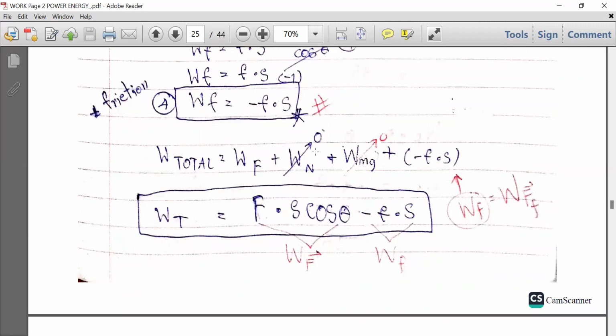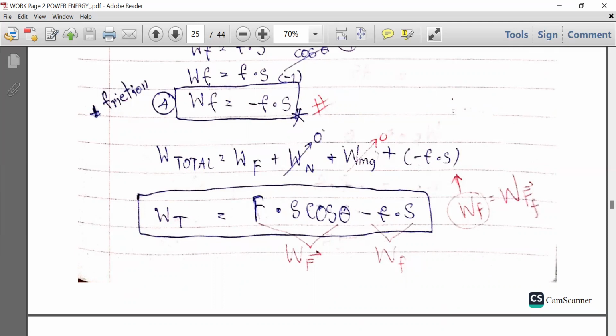So since this one is 90 degrees, cosine 90 degrees is 0. This one, the force of weight, is also perpendicular to the displacement, so cosine 90 degrees is also 0. So we are left only with the work done by the applied force and the negative work done